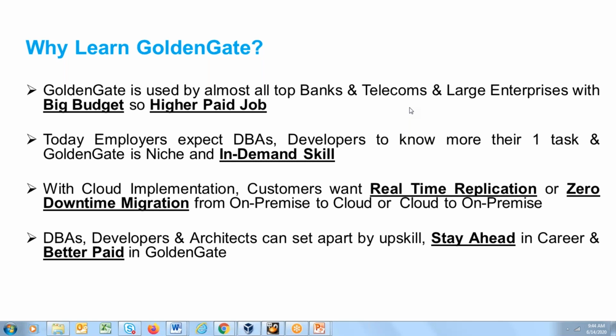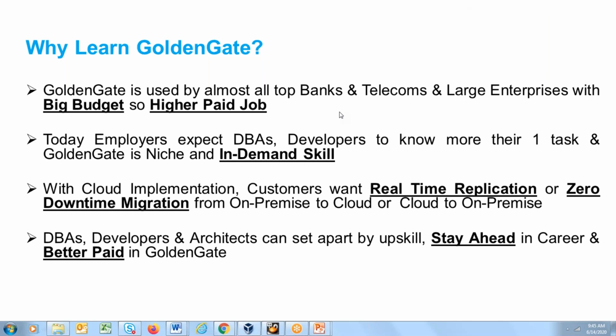That's why you must be seeing in the market right now, there are jobs not only related to the old type. I would say around 3 to 4 years back, organizations were looking for Oracle Golden Gate DBAs, basically DBAs who have Golden Gate knowledge. But now they are looking for people who have worked specifically in the Golden Gate domain. So they are looking for people with Golden Gate experience separately. Golden Gate right now is one of the niche skills, and it is used by almost all the domains.